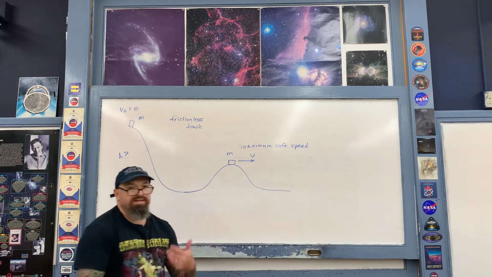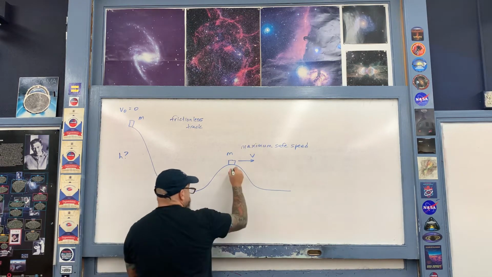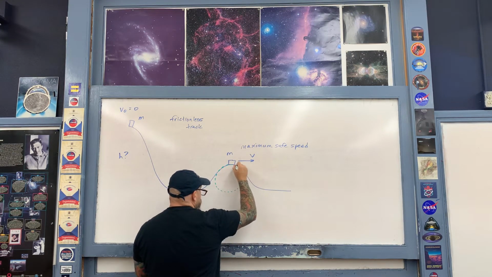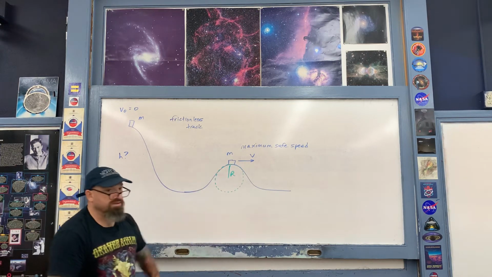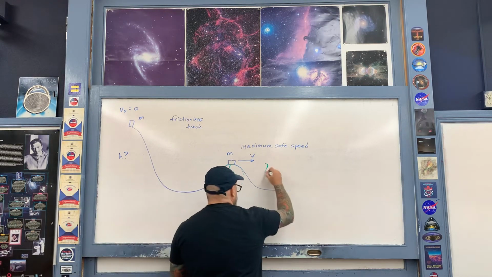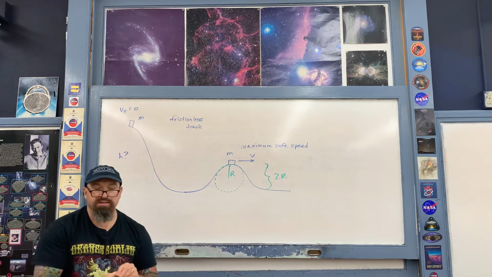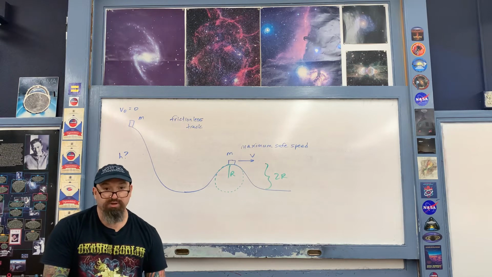Now, we're going to once again keep the geometry here as simple as possible. Let's assume, for example, that this right here is an imaginary circle associated with the top of this hill, and right here is its radius of curvature. Let's assume that the diameter of this circle is the same as 2r, just to keep things simple. This right here is the height of that hill. Once again, we're making this a simplistic approximation, much like I did in the previous problem involving the upside